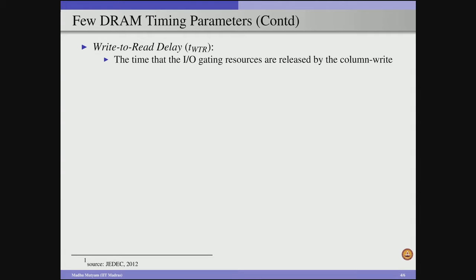But this is with respect to performing a read operation. But when we are performing a write operation, we need to consider an important parameter which is called write to read delay. So in this write to read delay, TWTR, whenever we perform a write operation, this write operation is holding the IO gating resources. So whenever we want to issue a read operation following this write operation, we have to ensure that these IO gating resources have been released by the column write command, and to do that we have to incur some amount of time, that is called write to read delay or store to load delay, that is specified by